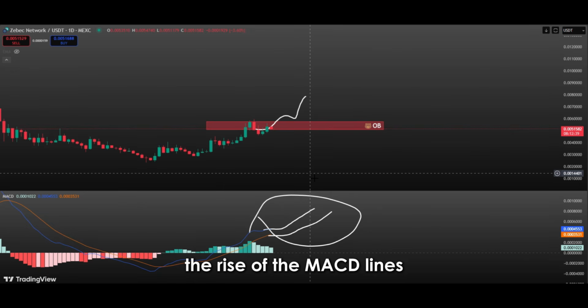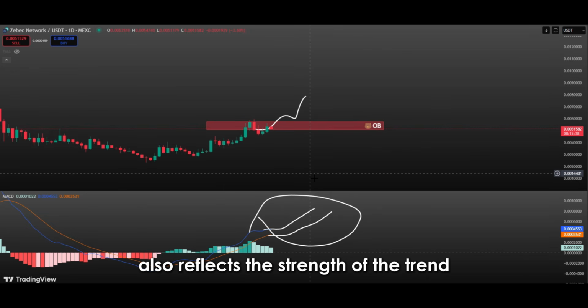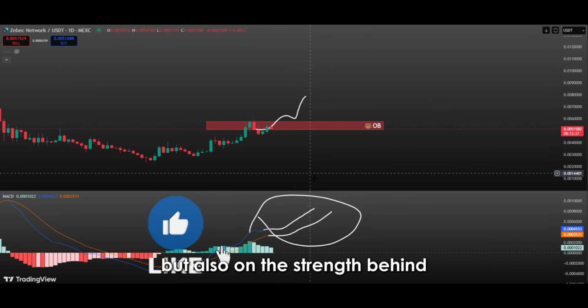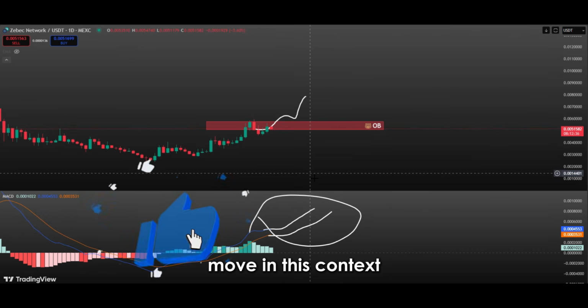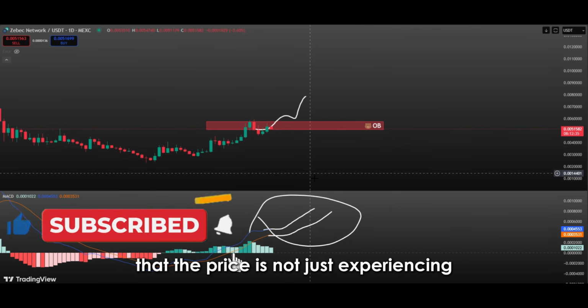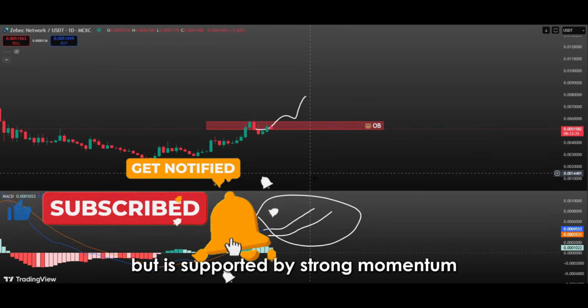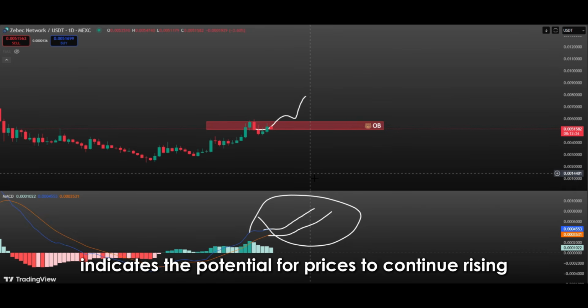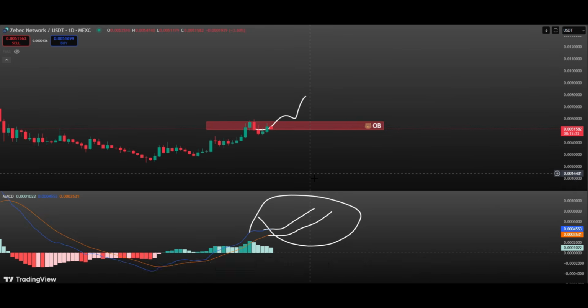The rise of the MACD lines also reflects the strength of the trend. Many traders focus not only on price increases, but also on the strength behind the move. In this context, a rising MACD line suggests that the price is not just experiencing a temporary increase, but is supported by strong momentum. This growing momentum indicates the potential for prices to continue rising and shows that the trend